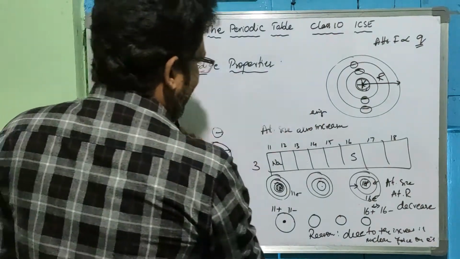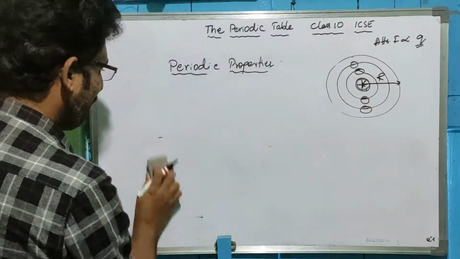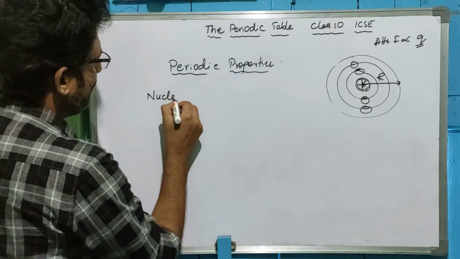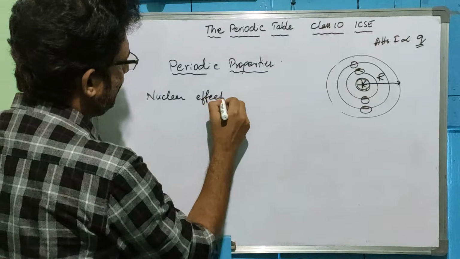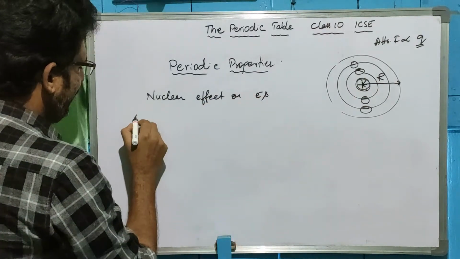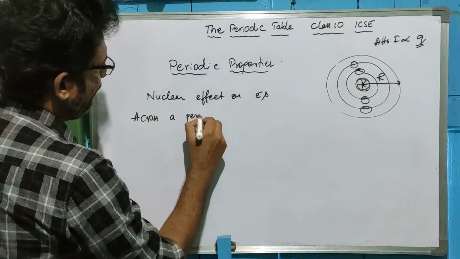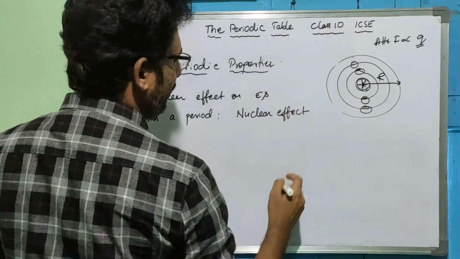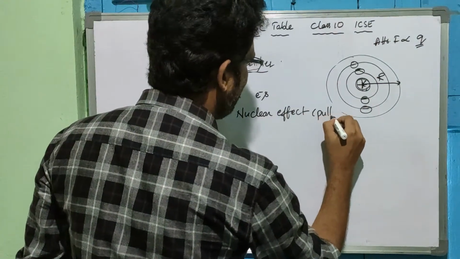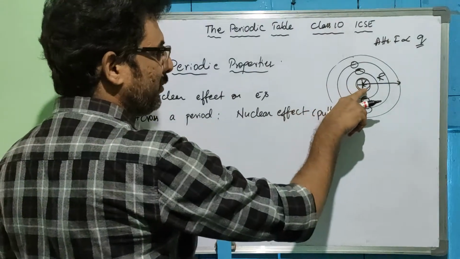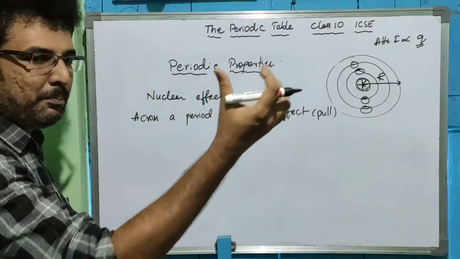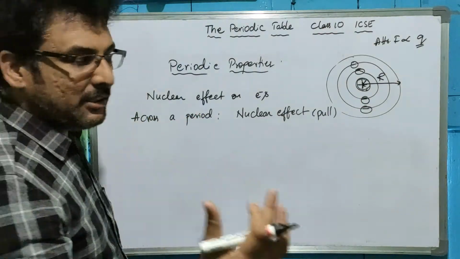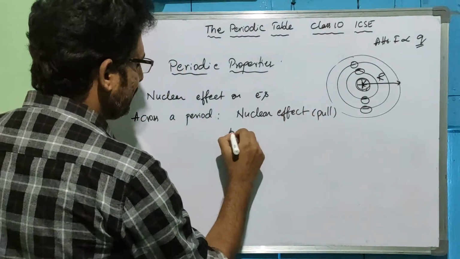So let's write these points here. If you understand this, you can understand the remaining periodic properties. So this is about the nuclear effect on electrons. Across a period, the nuclear effect, or you can write nuclear pull. The nucleus will be pulling the electrons because the nucleus is positively charged and electrons are negatively charged, so it will be pulling the electrons towards the nucleus. Across a period, the number of shells remains the same, but the nuclear charge increases. So the nuclear effect or the nuclear pull increases